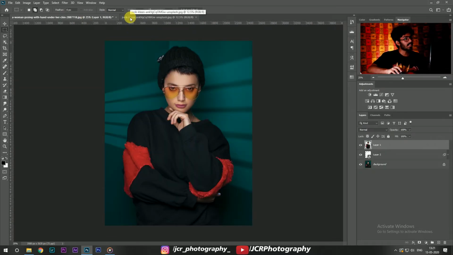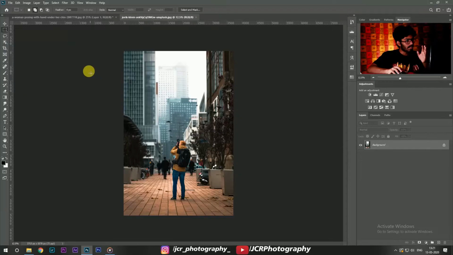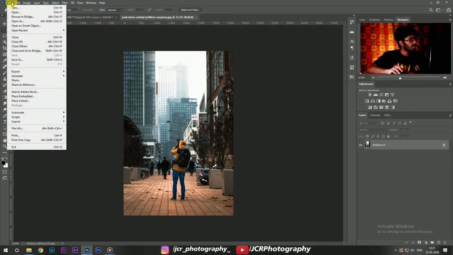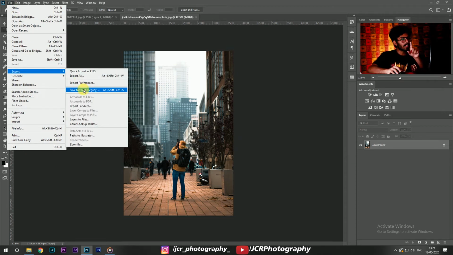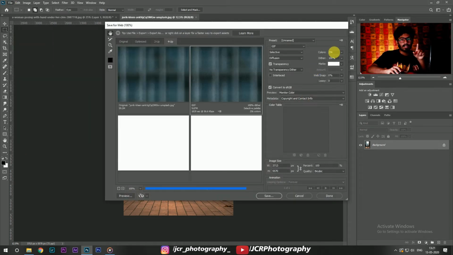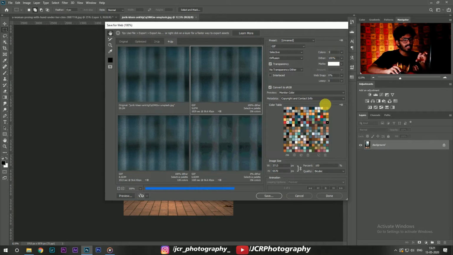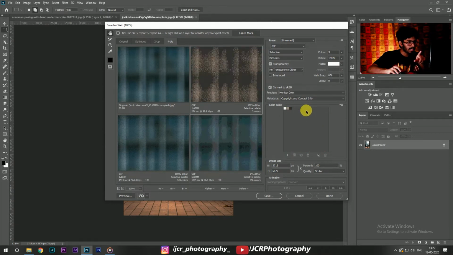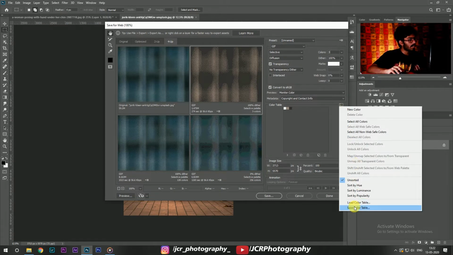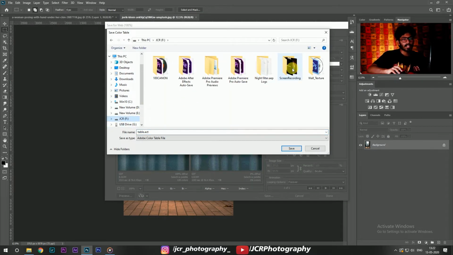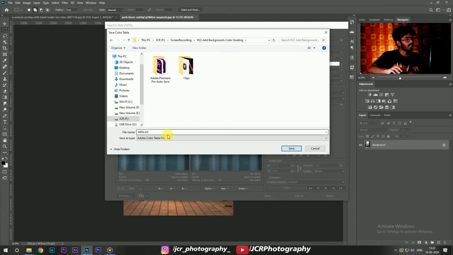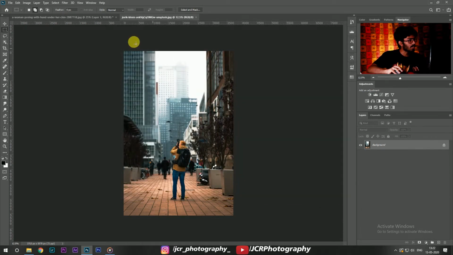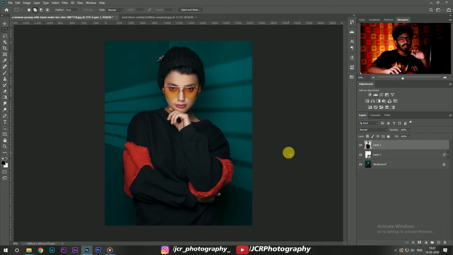Now let's go to this image. You can see we have to copy the colors from this image, and then we have to apply them to that portrait image, right? So go to this image and then click on file, export, save for web, and then in the colors box type 3, and then you can see only three colors will be visible in the palette. And then you can see there's a small button, the color palette menu. Click on that and choose save color table, and then I'm gonna save it in my destination folder, and then hit OK.